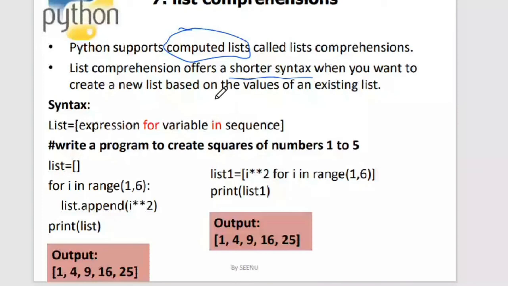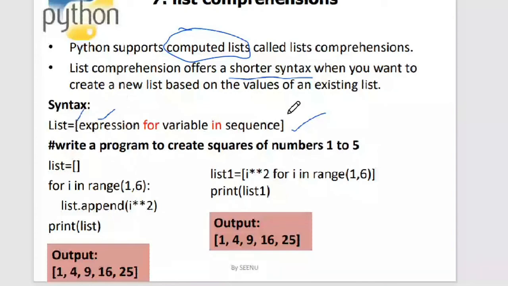This is the syntax of a list comprehension: list is equal to some expression. It is a computed list, and it should be inside square brackets. I have to give the expression and then for variable in sequence.